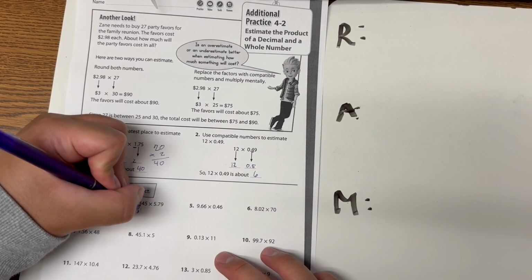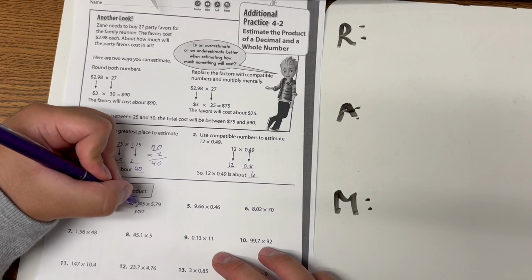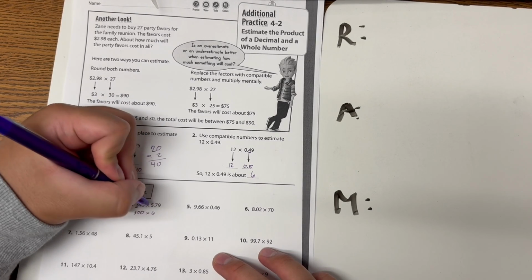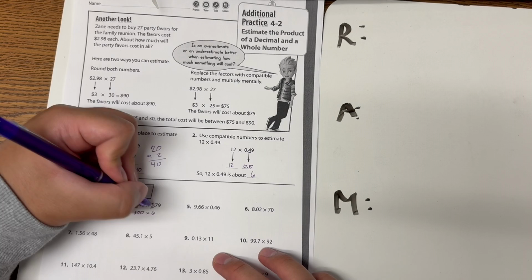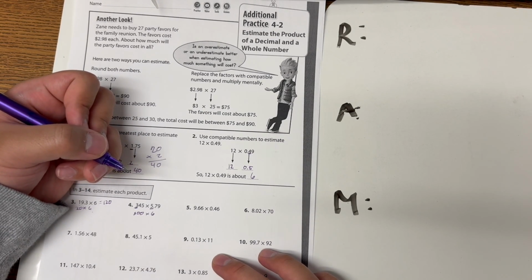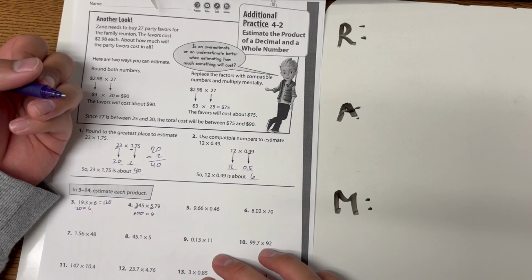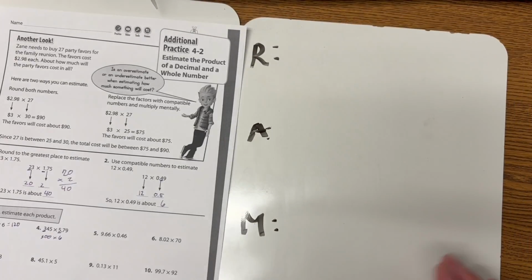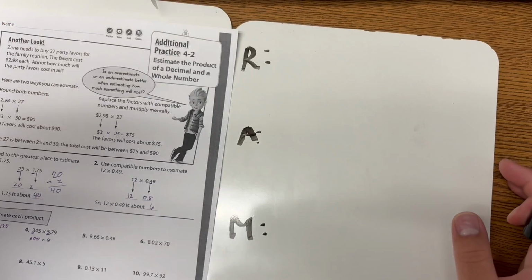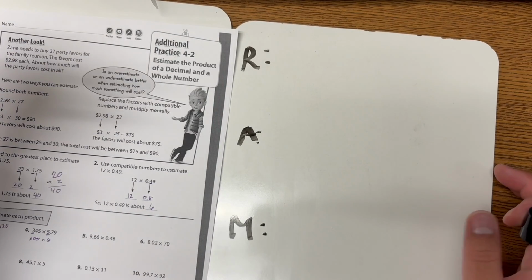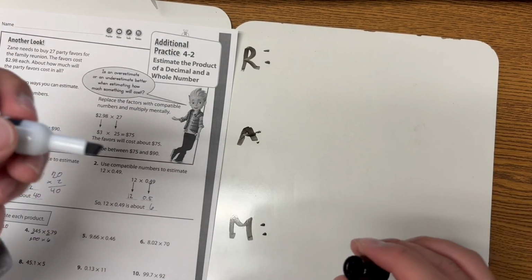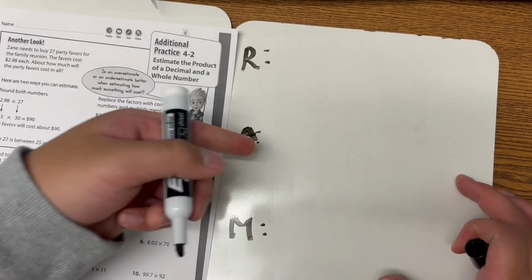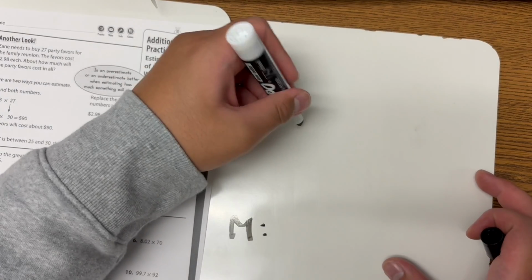So I can round this down to 300 because one digit to the right is a 4. And then I can round up to 6 because one digit to the right of my ones place is a 7, which is greater than 5, or 5 or greater. So now we don't need to do RAM. There's no decimal anymore. So I guess we can just look at A, where we have